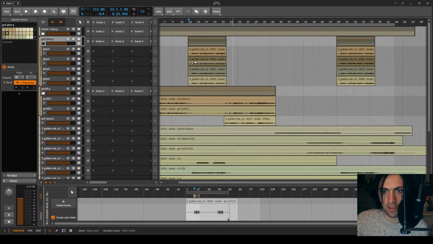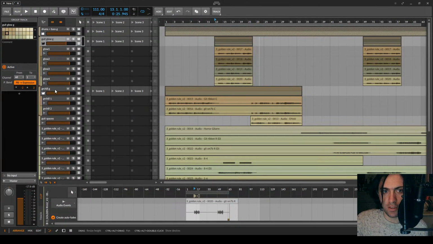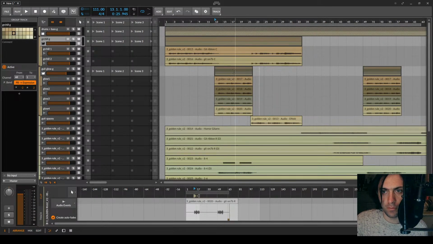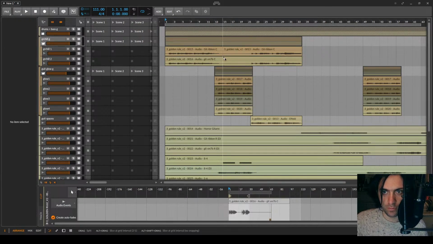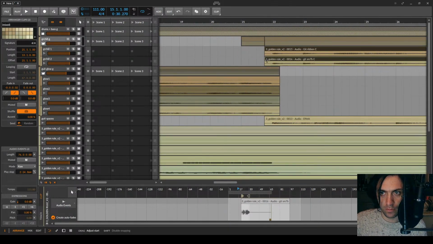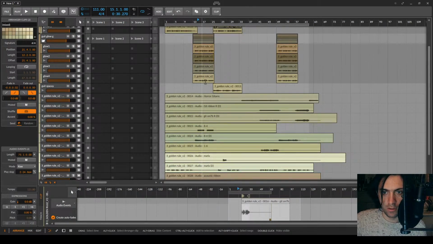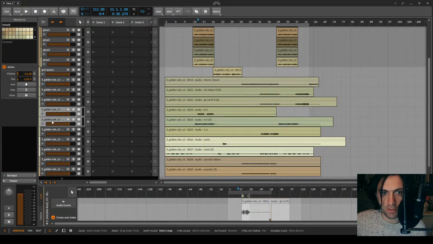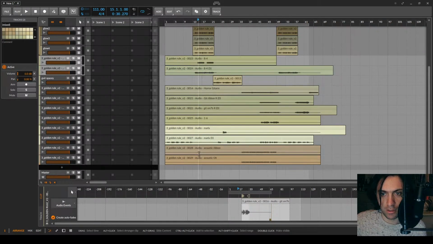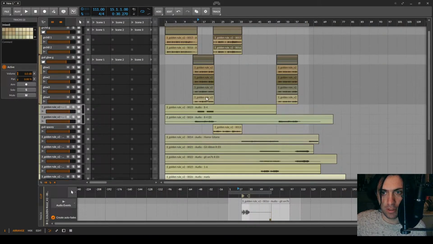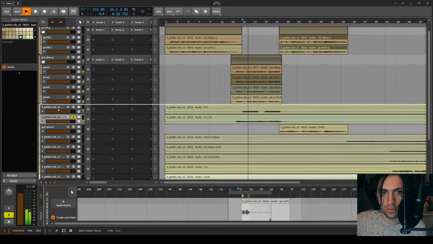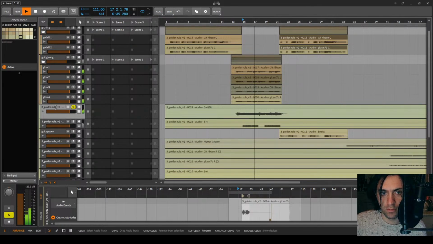Okay, now I have this thing and I have these things. Hey, this should be above because they have some material that comes earlier. Now there's some more stuff that belongs to the part that is played here. And I think that was everything about that part. So what is this stuff?